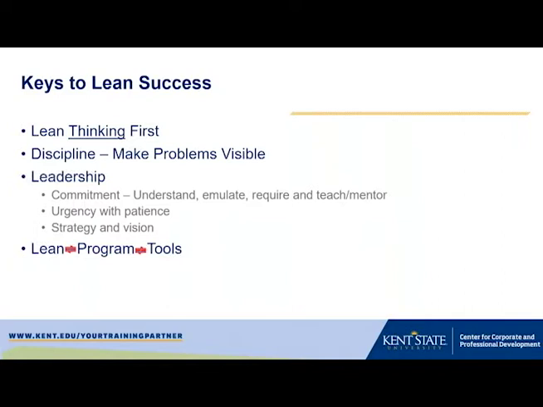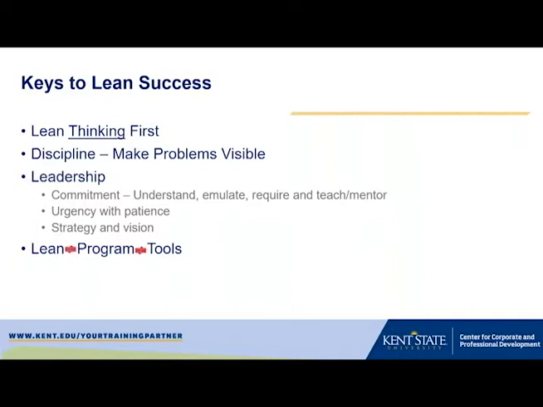As I said, lean is not about the tools. There's lots of good tools in lean that are used as countermeasures or solutions to solve problems that you might see. But if those things are done in isolation and we don't have the context of the overall system and how it fits into the long-term journey to become more ideal or get to the ideal state, we're going to start not doing things for the right reasons. So we'll start addressing symptoms rather than the true underlying purpose for things.